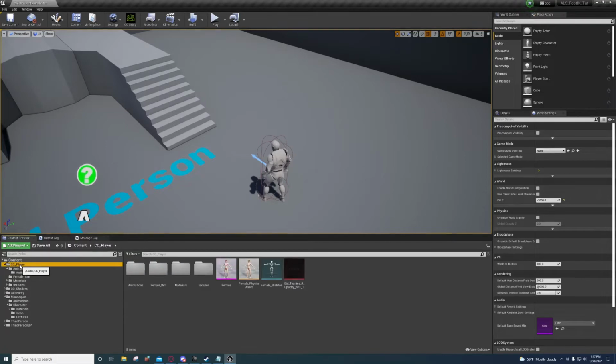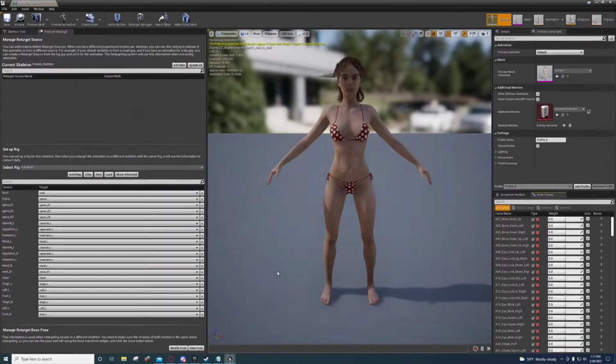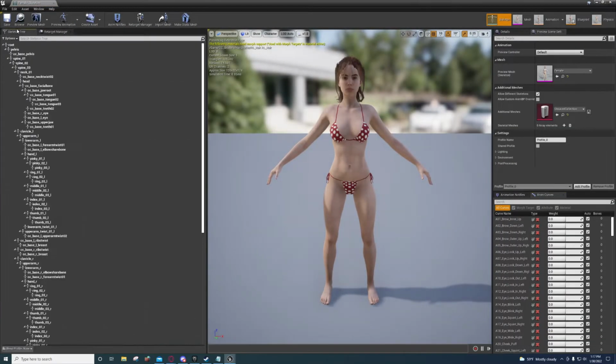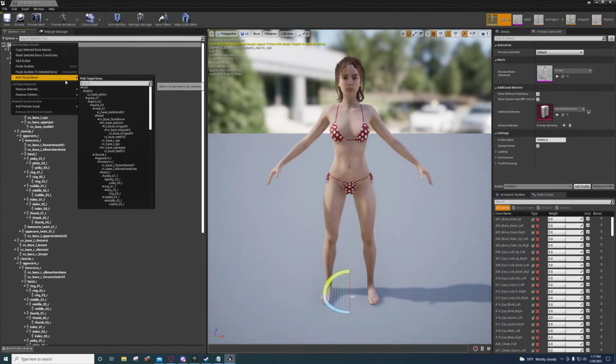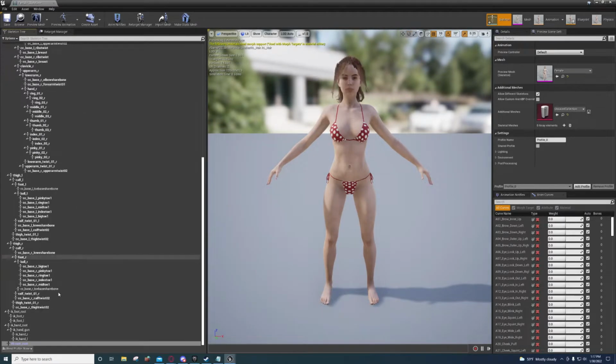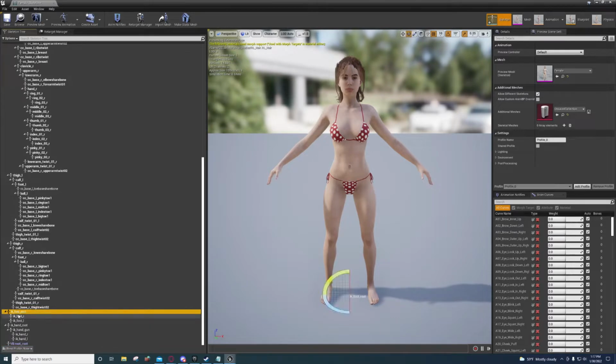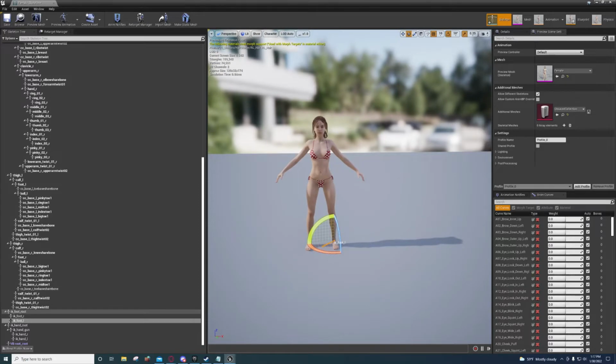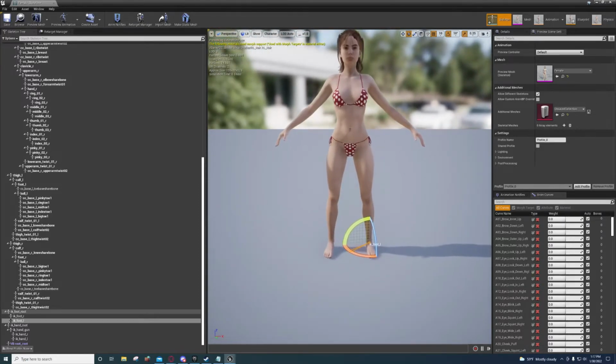Go back to your player's skeleton, open it up. We're going to go to the skeleton tree. We're going to right click on the root and add a virtual bone to the root. If you're using the Unreal Engine mannequin, you don't have to do this, but this part of it at least. But what I'm going to initially do is I'm going to create a virtual bone version of the IK foot root, IK foot R, and IK foot L, because on my character, the character creator 3 characters, for some reason